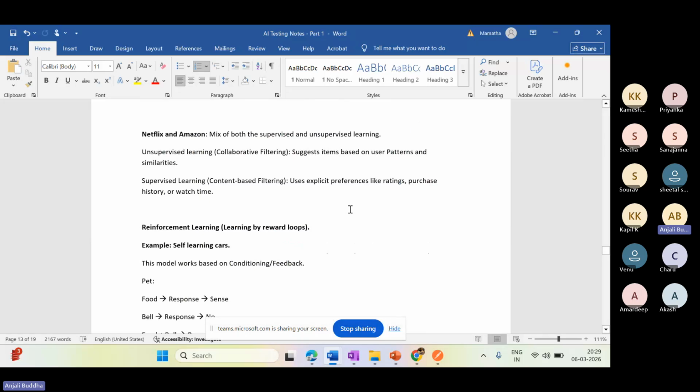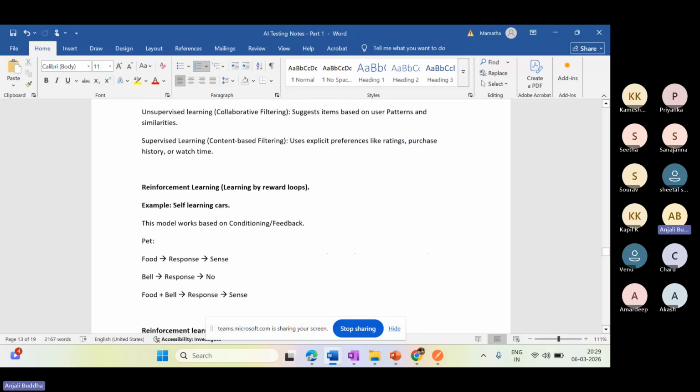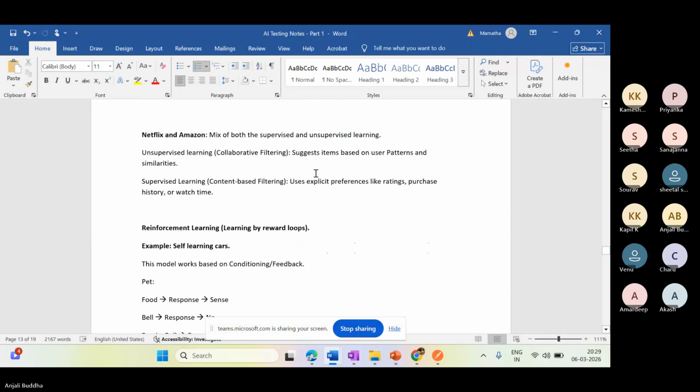Like Netflix and Amazon, how they work. Basically they'll be doing both supervised and unsupervised models together, and they'll be using them to pull the audience. As part of the unsupervised learning, it is going to do collaborative filtering, meaning it suggests items based on user patterns and similarity.